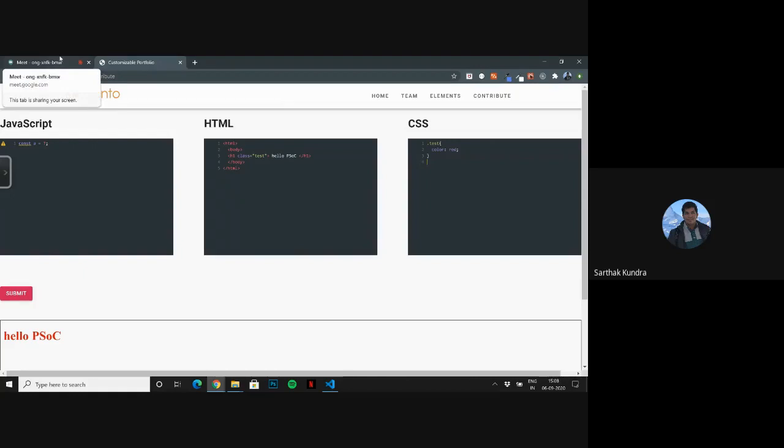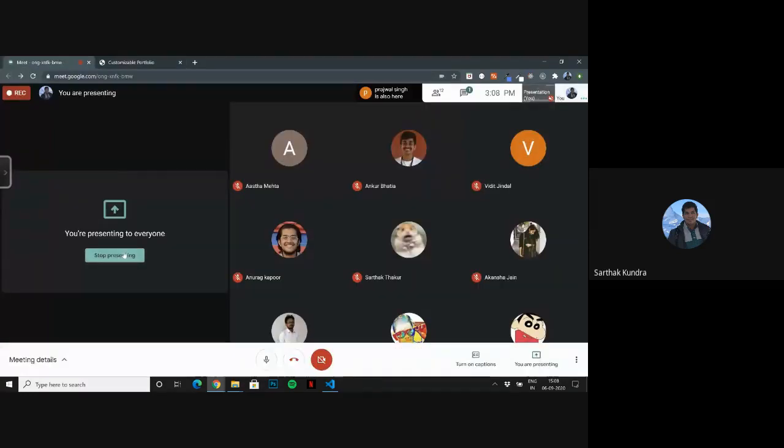So that's it. That's just a quick demo of where we are and how it is working. And now I guess Akash or Vidit will handle from here. Yes, Akash. Go.